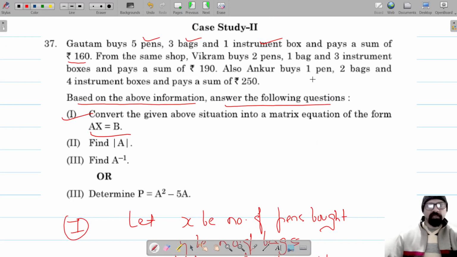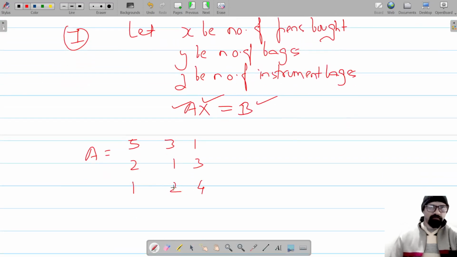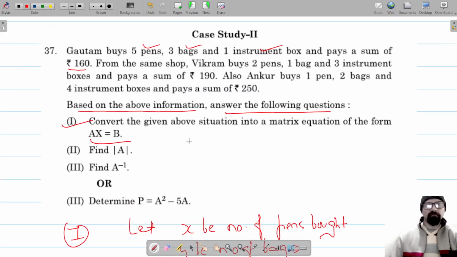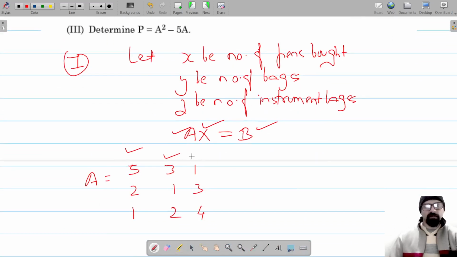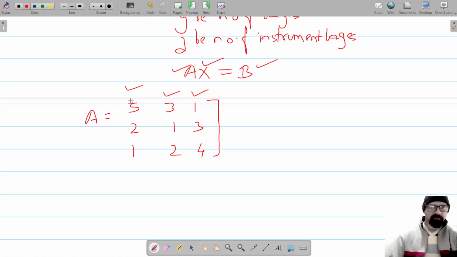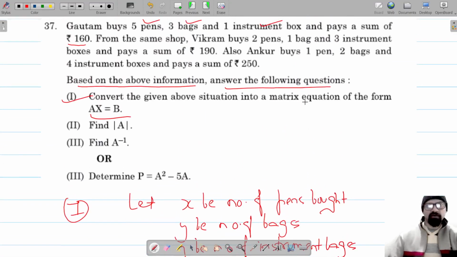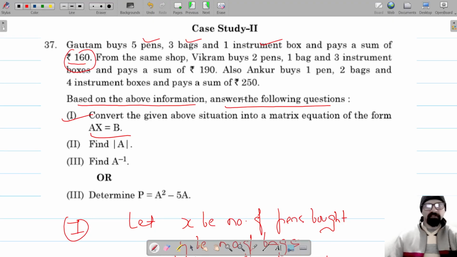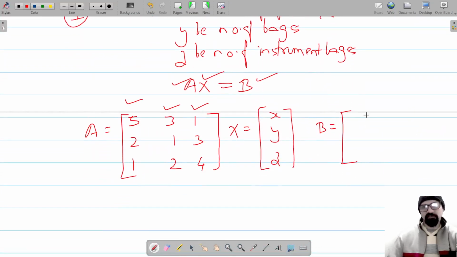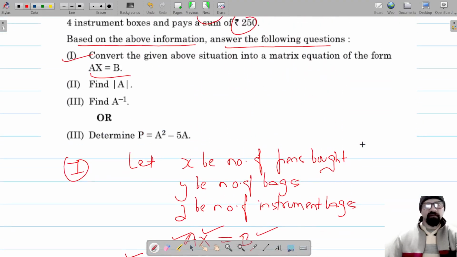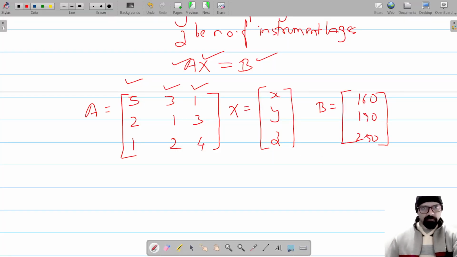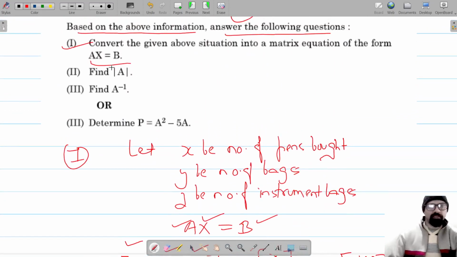ओके, और इसने सब ये पे किए 190, अंकुर के हैं 1 2 एंड 4, सो 1 2 एंड 4, ये सभी हैं पेन, ये कॉलम, और दूसरा कॉलम है आपका बैग का, और ये कॉलम है इंस्ट्रूमेंट बॉक्स का। तो इसको बना लेते हैं मैट्रिक्स A। और जो मैट्रिक्स X होएगा उसमें होंगे x, y और z, नंबर ऑफ पेन्स, बैग्स एंड इंस्ट्रूमेंट बॉक्सेस। और जो B मैट्रिक्स होएगी उसमें होंगे कॉन्स्टेंट्स, और कॉन्स्टेंट्स हैं टोटल सम पेड बाय ईच कैंडिडेट 160, 190 एंड 250। ये हो गया आपका मैट्रिक्स फॉर्म। और जो फर्स्ट क्वेश्चन था वो हमें लिखना था AX इज इक्वल टू B की फॉर्म में, तो ये हमने लिख लिया।